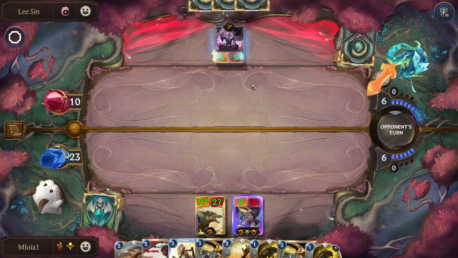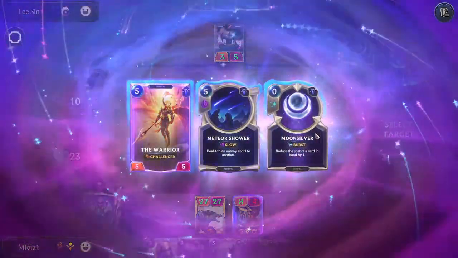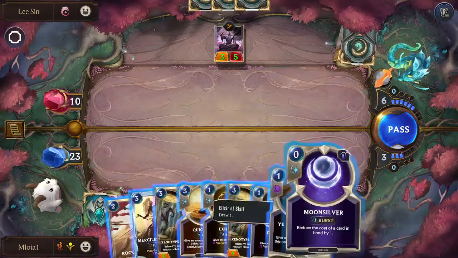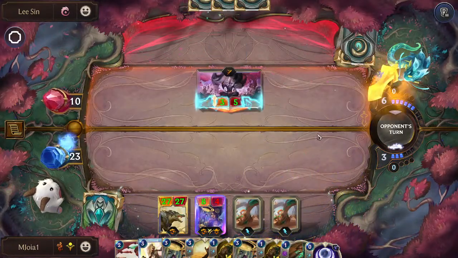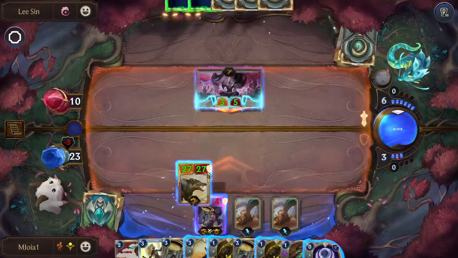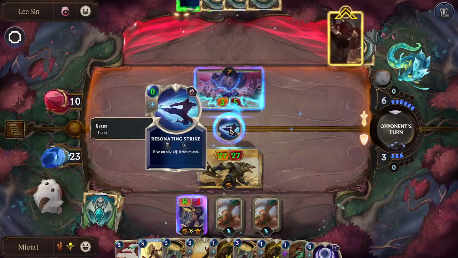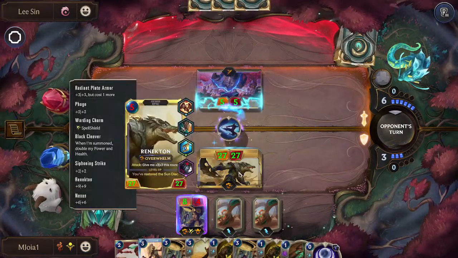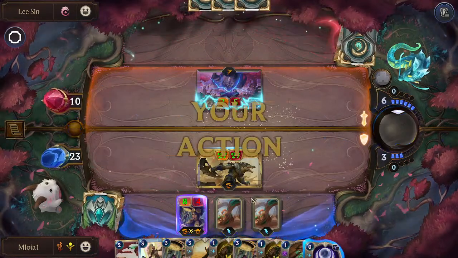But now what? I guess we can try and fish for something with Unraveled Earth. Let's take the card that's dumpable. Next turn we'll draw one, meaning we won't overdraw. Him attacking here doesn't matter. There's no way he can kill Renekton, and the Renekton just kills him next turn, so